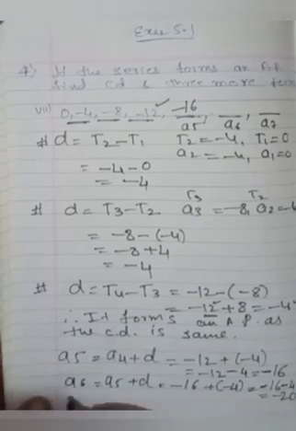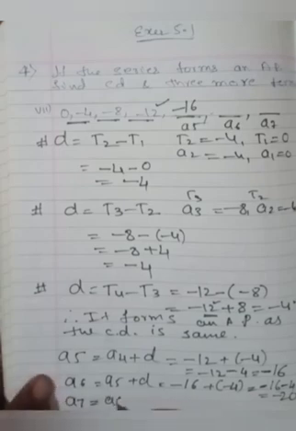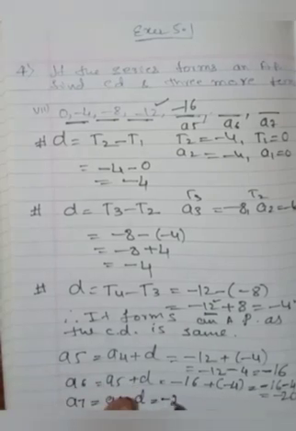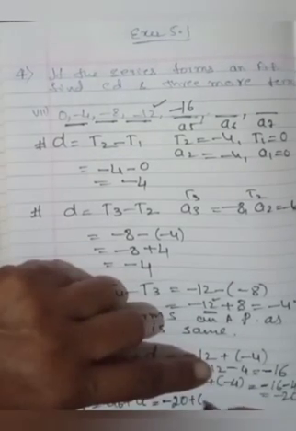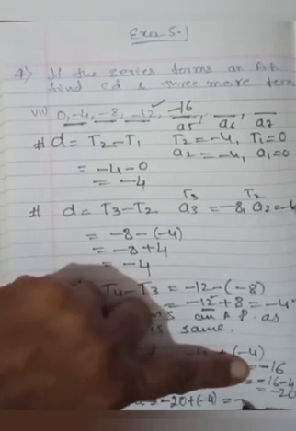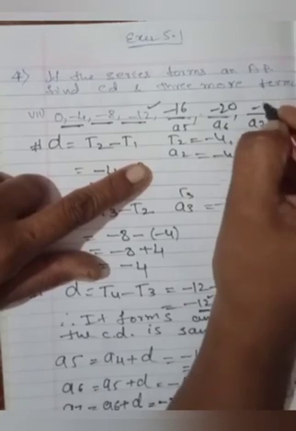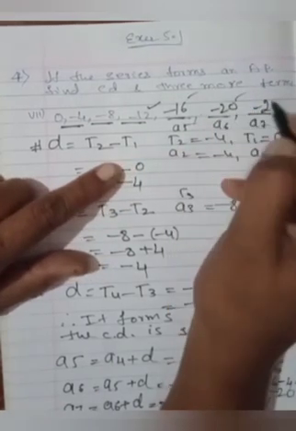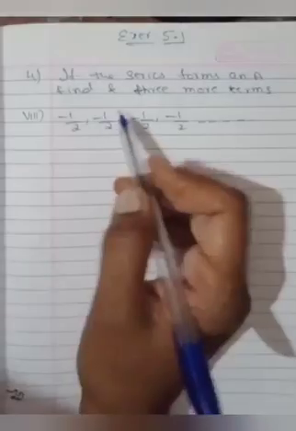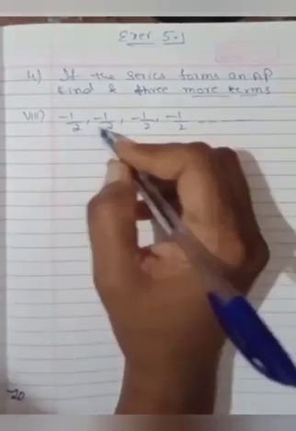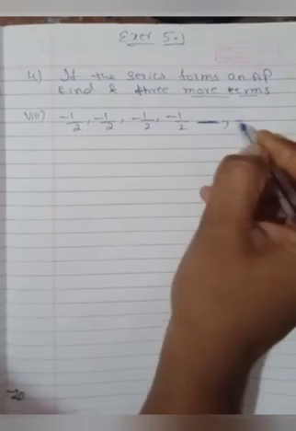Next you have a7 is equal to a6 plus the difference. The difference is what here? First of all, we'll write this one as minus 20 plus minus 4. It is minus 24. So you have got minus 20 and minus 24. These are the three next terms. Then find the three more terms. You are getting 1, 2, 3, 4 terms. You have to find 1, 2, 3.